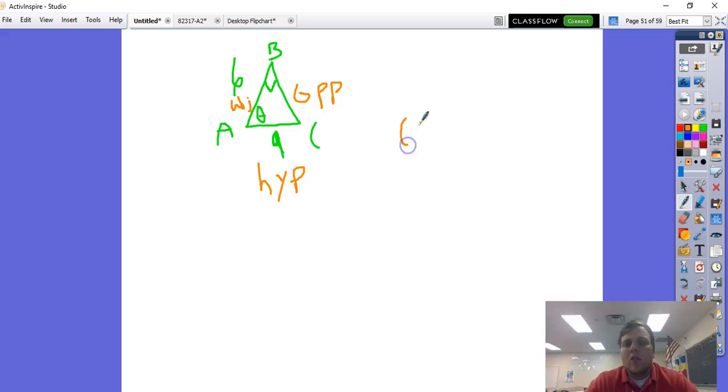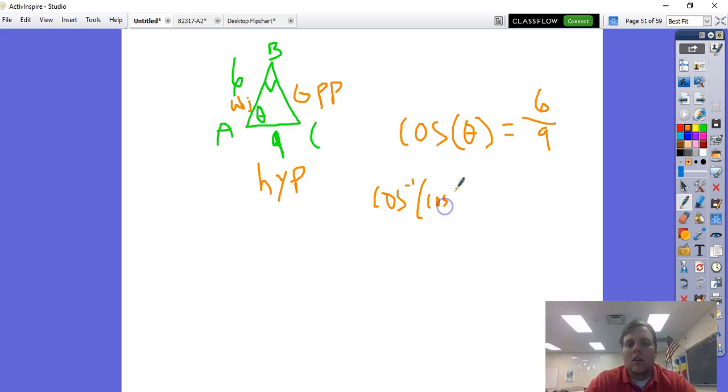That's right, cosine. So I can say cosine of theta is equal to the adjacent, which is 6, over the hypotenuse, which is 9. Now I need to solve for theta. How do I get rid of this trig ratio? I undo it by doing the inverse of it. So I say cosine inverse of cosine of theta is equal to cosine inverse of 6 over 9. On this side, the cosine inverse and the cosine cancel each other out, so now you get theta is approximately equal to,